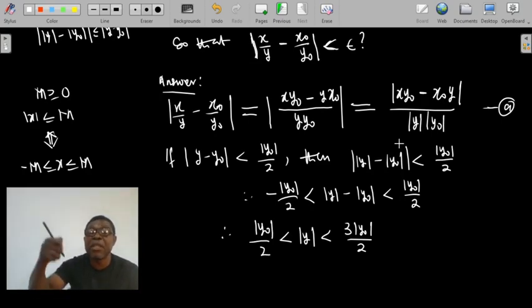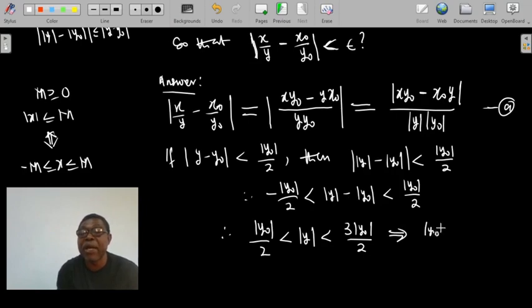So I need something like a constant that will come down to help me control this absolute value of y in the denominator. So this would therefore imply that absolute value of y naught all over 2 will be less than absolute value of y,